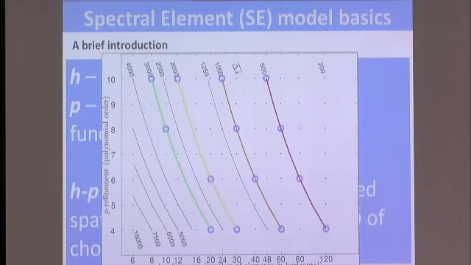This phase space, or HP parameter space, in this particular case, defines 91 points, and we carefully mapped it out for both dry and moist idealized cases, because we really didn't know what we were getting into. We just wanted to see how the dynamical core actually performs in the dry case, and then with a simple physical parameterization, how it works in the moist case as well. Okay, now back to